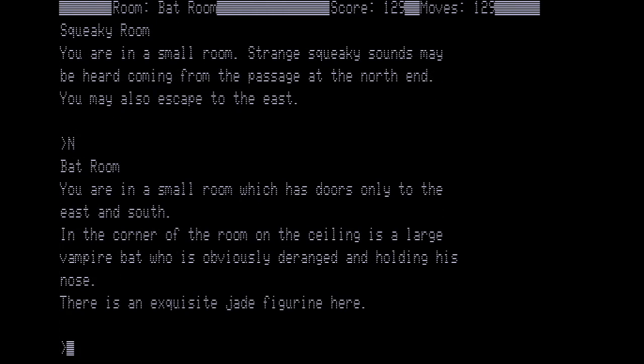Bat room. You're in a small room which has doors only to the east and south. In the corner of the room on the ceiling is a large vampire bat who is obviously deranged and holding his nose. There's an exquisite jade figurine here. Now, if we had not picked up the garlic before, he would not be holding his nose. That is why we picked up the garlic. And then we go east